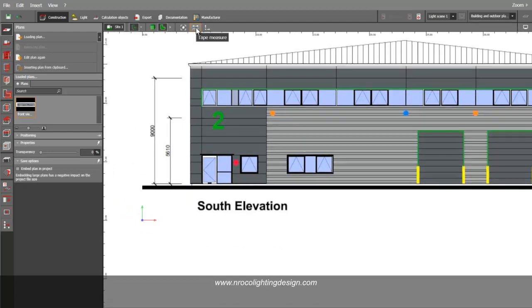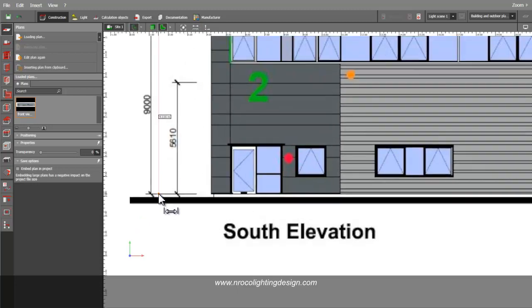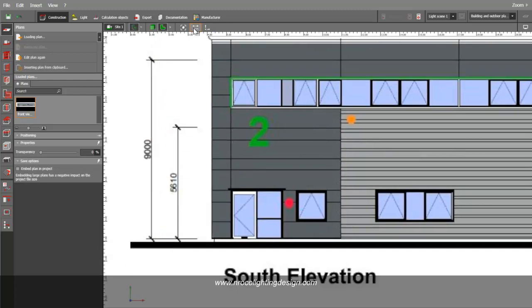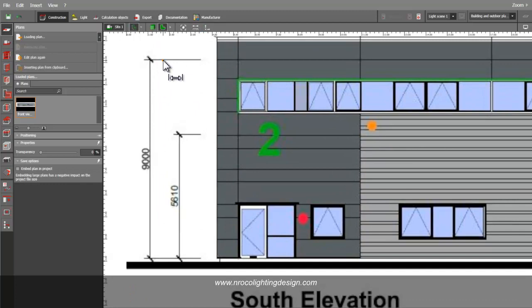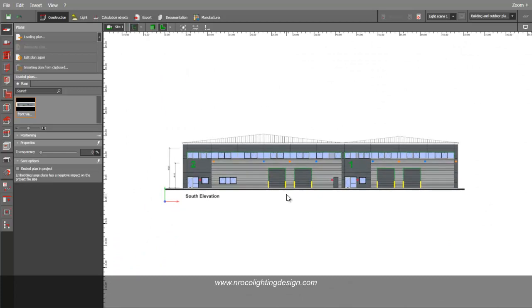And then let's go and measure it again just to double check. So it should be 9 meters. Okay. Alright, so it seems it's 9 meters. Very good. And then from here you can now build your